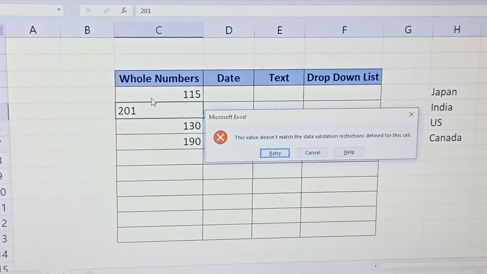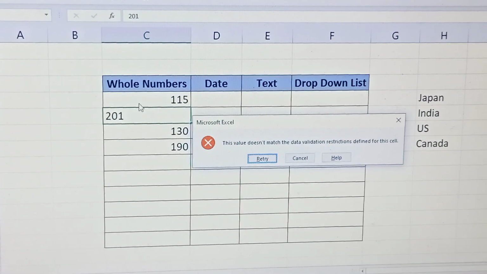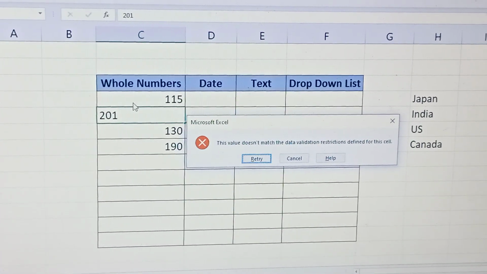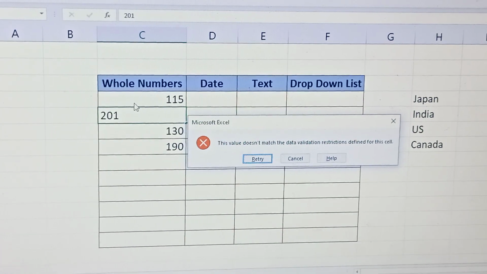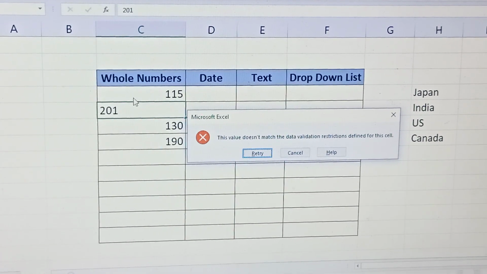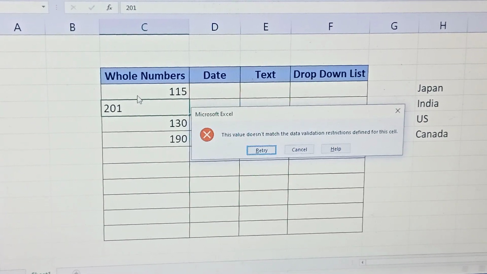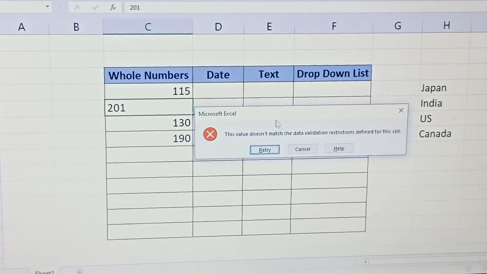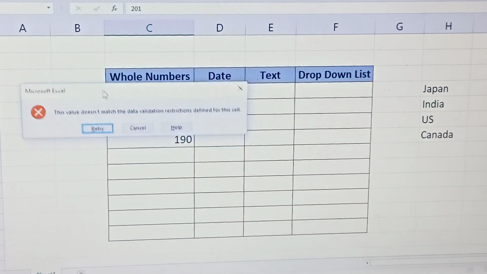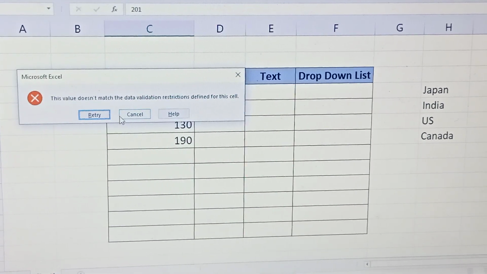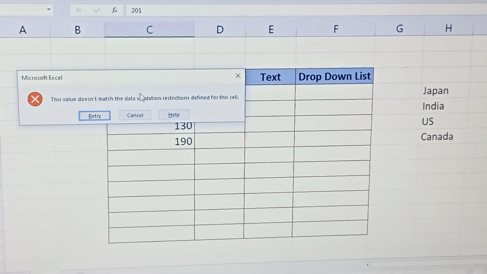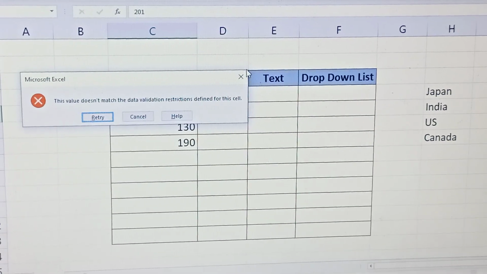Because you had already applied the rule that you want only numbers between 100 and 200, if there is any number less than 100 or greater than 200, it would show this error message which lets you know that you have entered a wrong entry. So data validation helps in these cases.